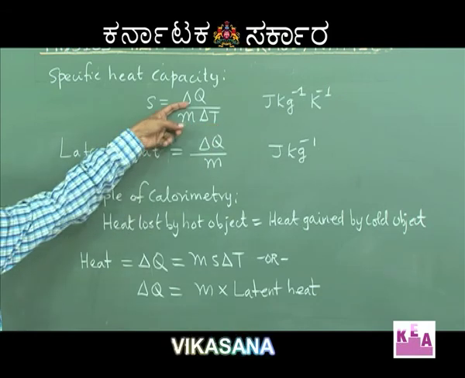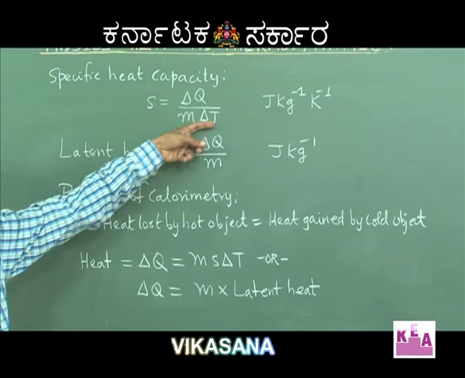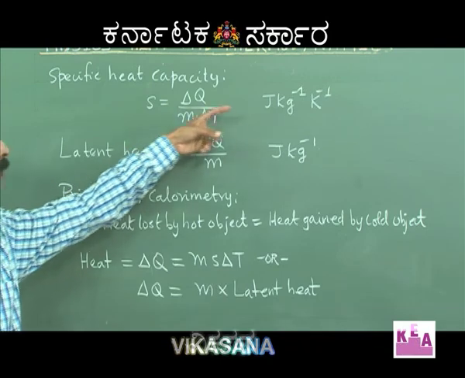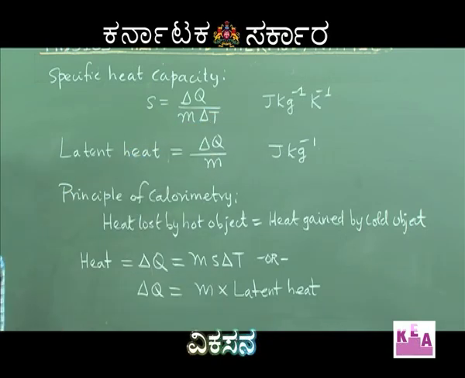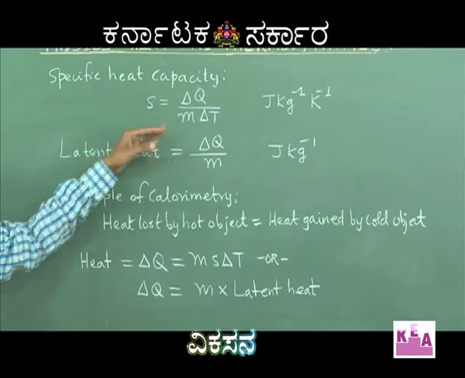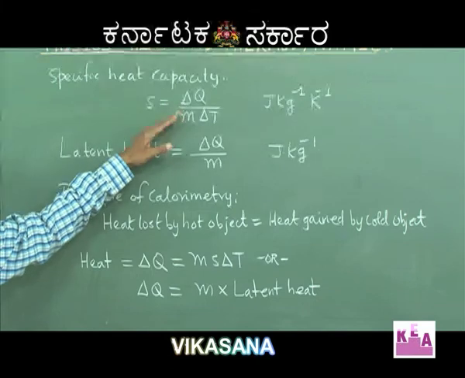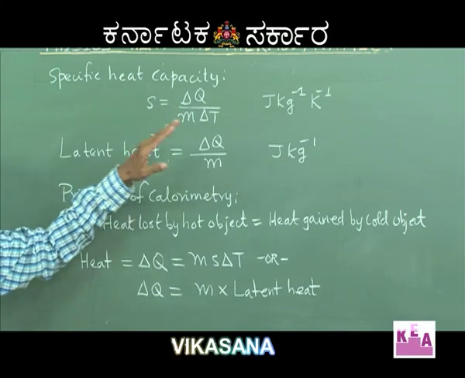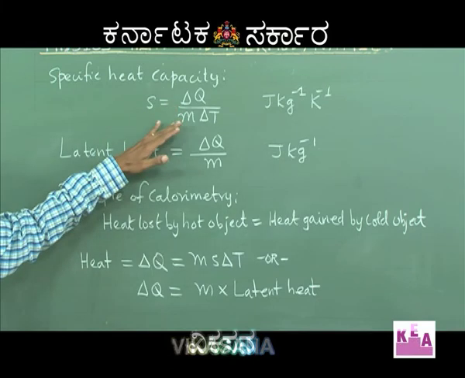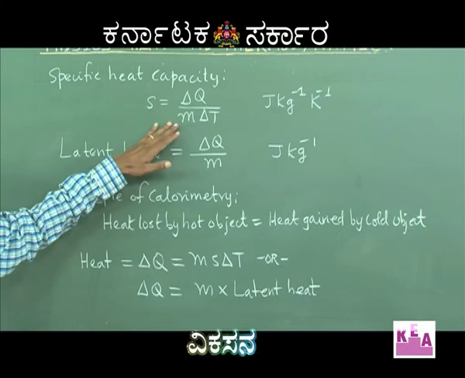S is equal to heat supplied divided by mass into change in temperature. The SI unit is joule per kg per Kelvin. You can see here we are not changing the state of the substance, but only changing the temperature of the substance. Whenever we are not changing the state of the substance, but only changing the temperature, we consider